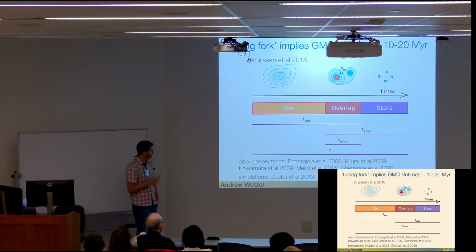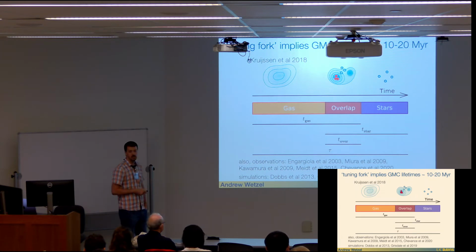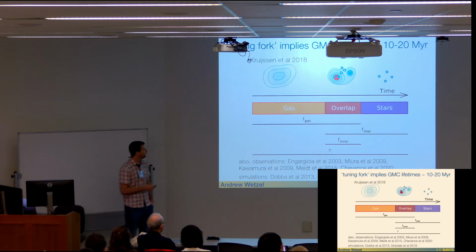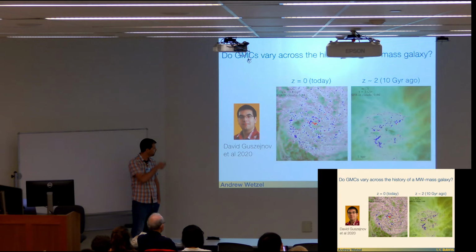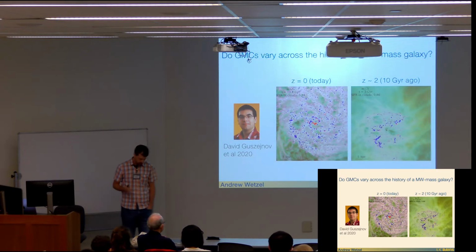If you look at the work that Dietrich and his group have done, they're finding implied cloud lifetimes in PHANGS that are something like 10 to 20 million years, in general agreement with what we're finding in FIRE. And there's actually quite a lot of work in this area, to my knowledge, all of which, at least at redshift 0, are finding cloud lifetimes that are essentially in this ballpark. So there seems to be general agreement that at redshift 0, cloud lifetimes are of the order of 10 million years. Okay, so that's at redshift 0.